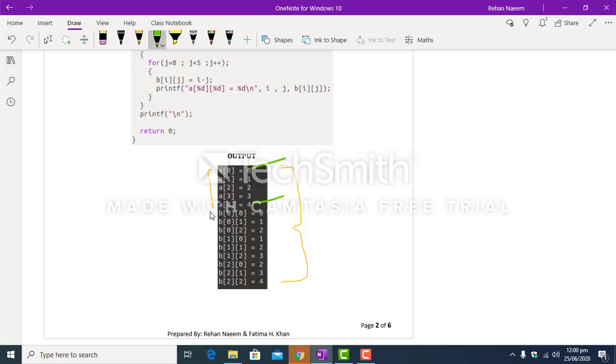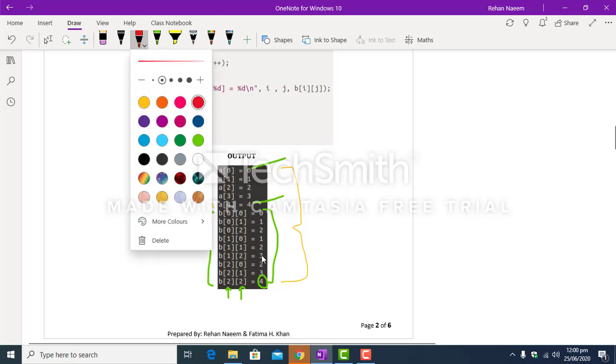whereas the two-dimensional array has been initialized to values which have a mathematical relationship with this index and this index. So for example, this value 4 has some mathematical relationship with this index 2 and this index 2.